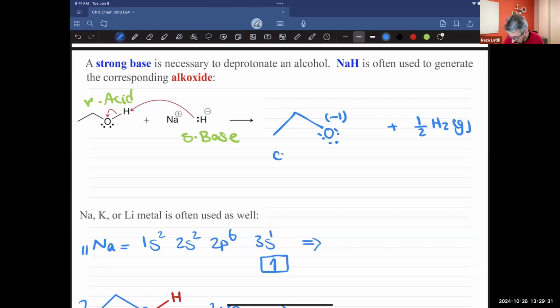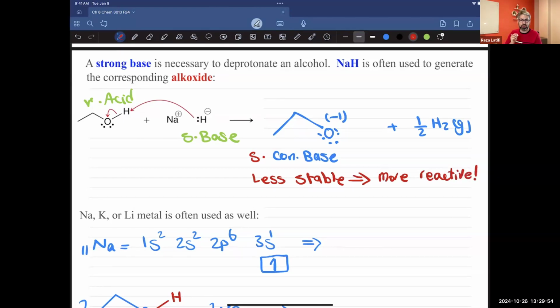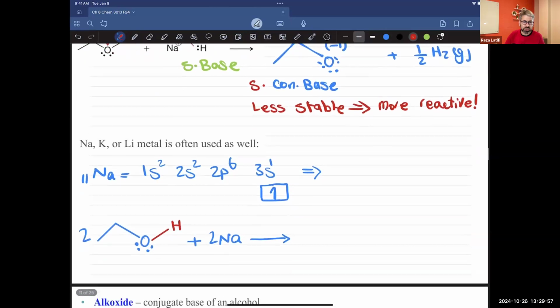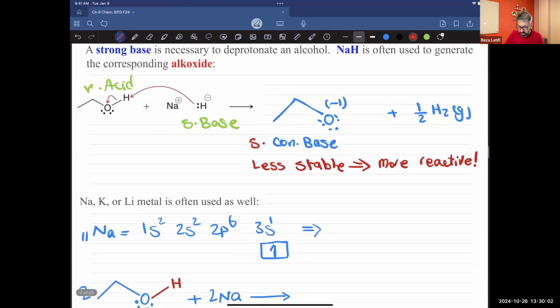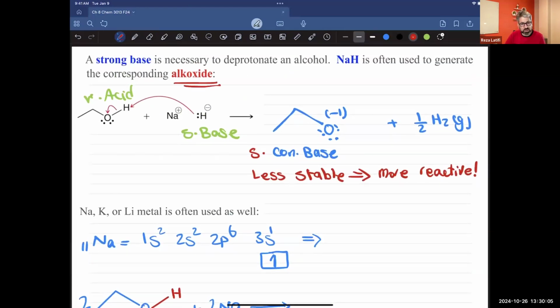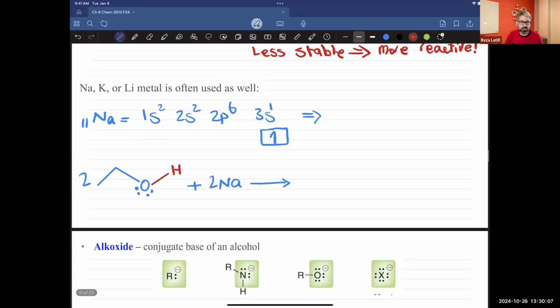Okay, this one will be a conjugate base. Again, I said because alcohol is a weak acid, this is going to be a strong conjugate base. What does it mean? It means less stable. And if it's less stable, it will be more reactive. So keep this one in your mind, that they are really reactive. Another way to create the conjugate base, or alkoxide, is to treat them with metals like